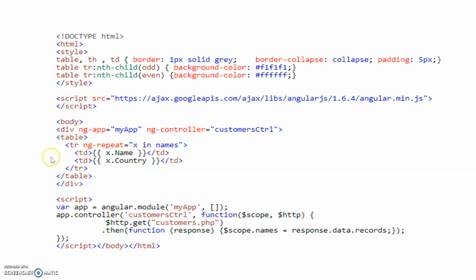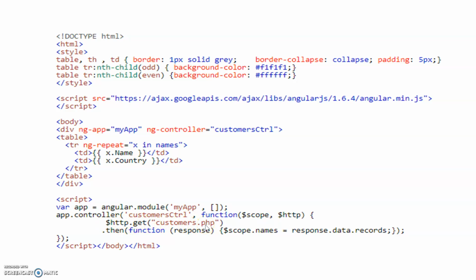Now the contents of this table can be viewed using a controller. So how to define that controller? See, here is the script. As we know, first we have to create the module with my app. Then app.controller is customer control, this is the same name. Then a function, and to that two variables are passed, scope and http. http.get customers.php.